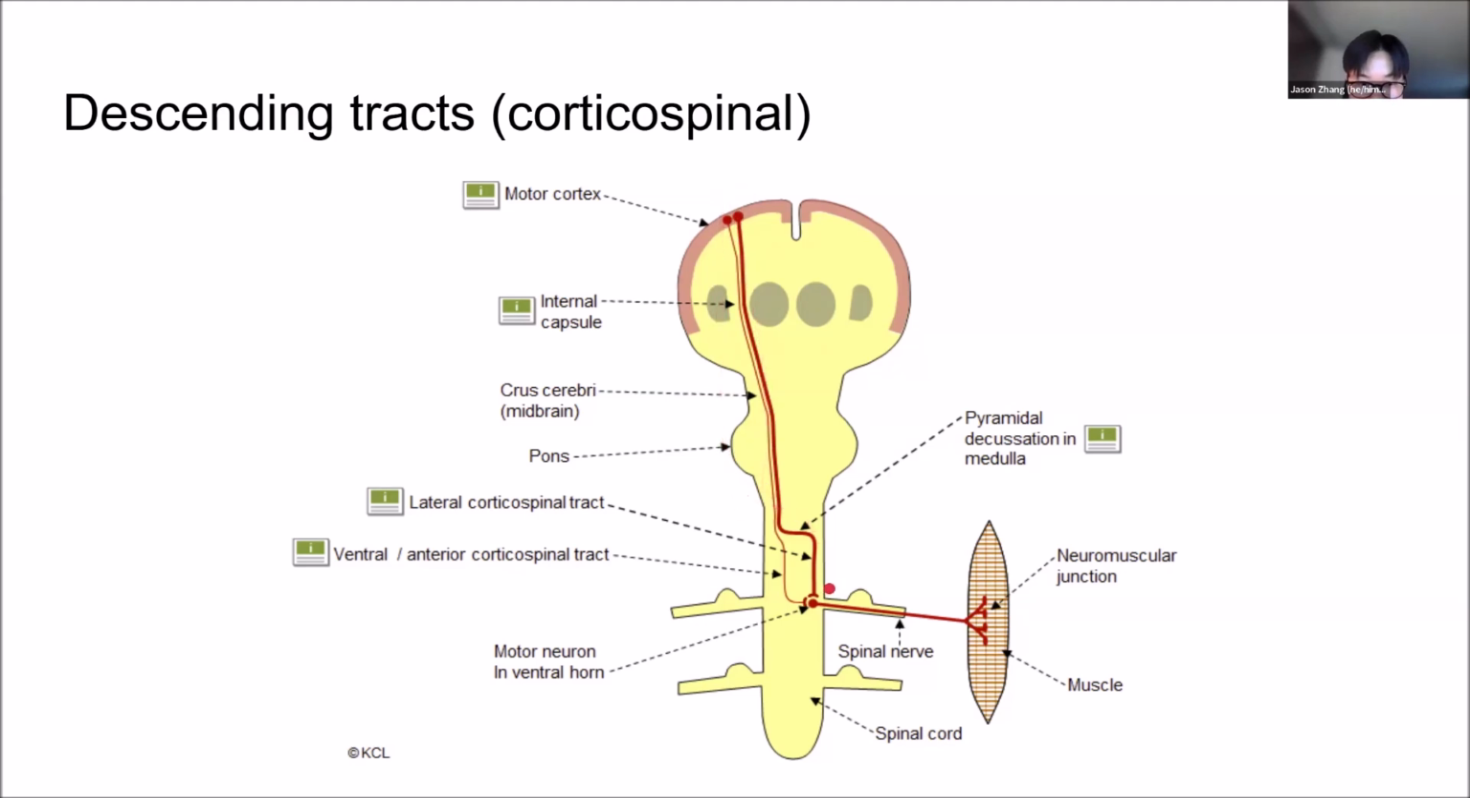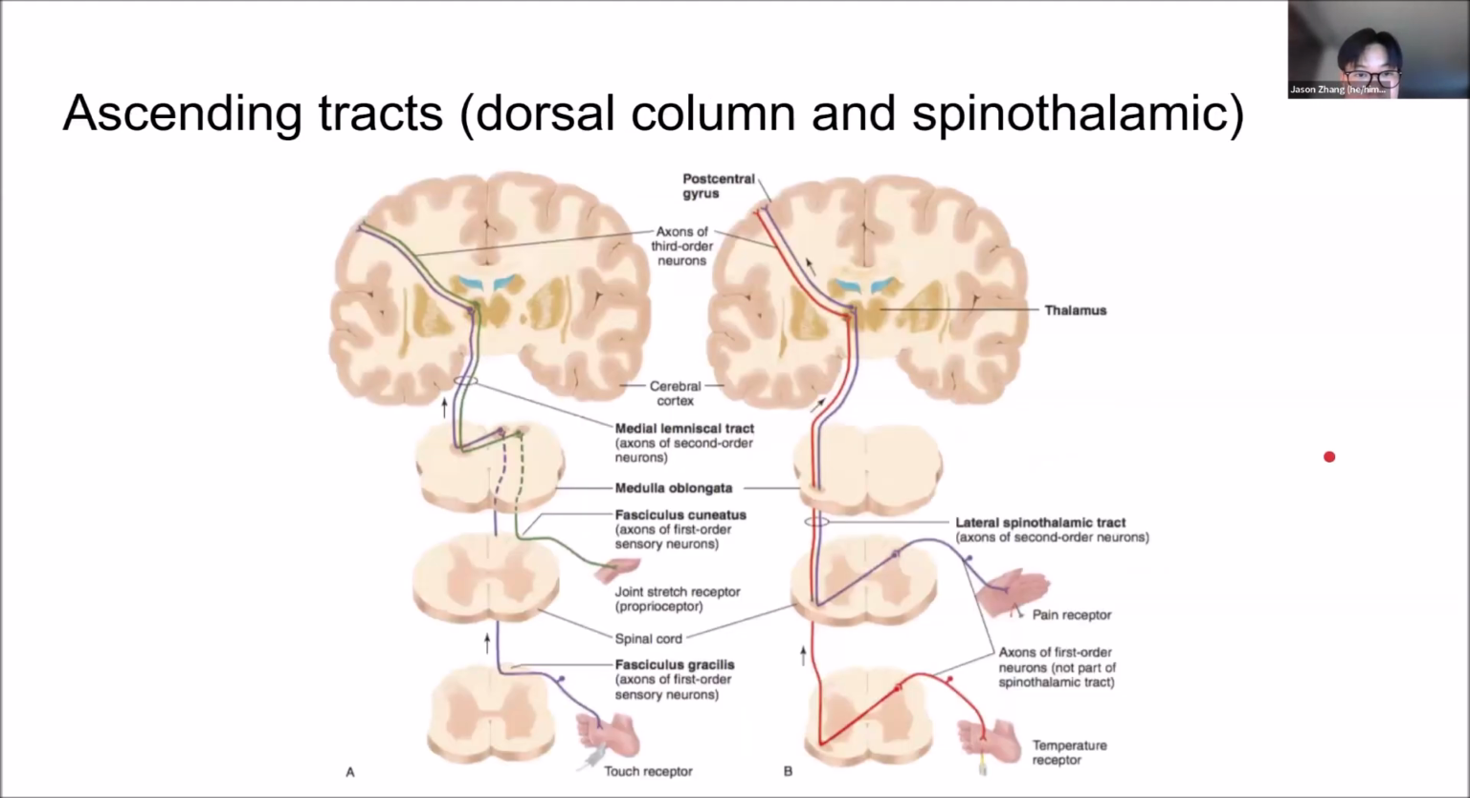After it crosses over, it'll synapse with a motor neuron in the ventral horn, and this motor neuron will then travel to whatever effector muscle it's going to. So this is a two neuron pathway. Most of your motor pathways will be two neuron pathways. And then there are the ascending columns. So these will be all three